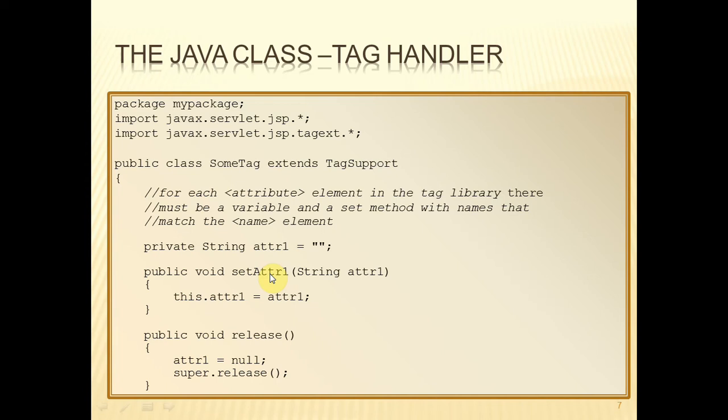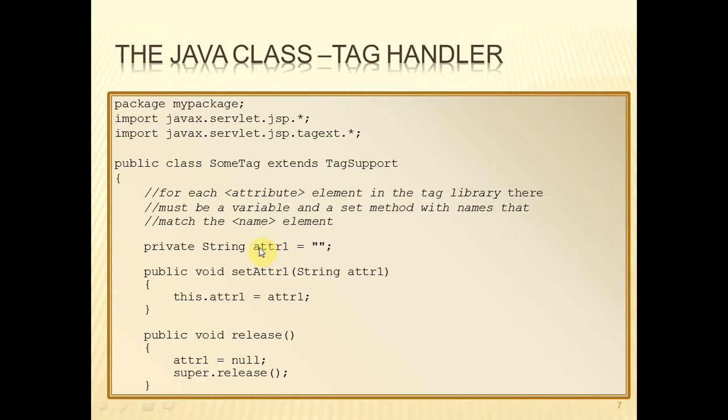So in the TLD file, if the attribute name is attra1, then we must have a method called setAttra1, because the system will look for that method and will pass the value that's defined in the tag, or defined at runtime perhaps, pass that value as the parameter,